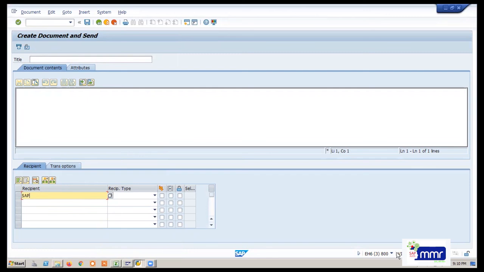Otherwise, you copy this SAP user here, the SAP logon name, express email, Document 3 was parked, please check and approve, and send again.